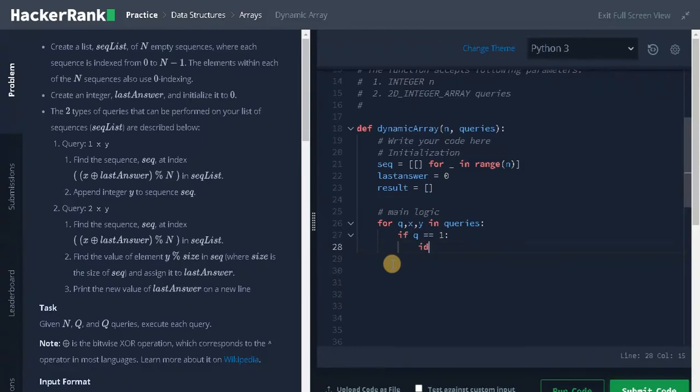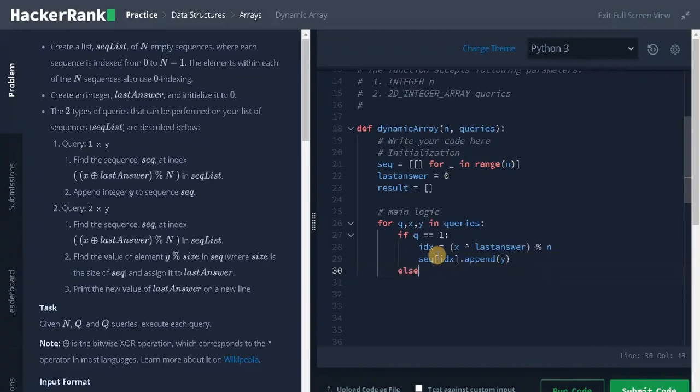That will be index equals, within the brackets, x XOR last answer, modulus n. Now we have to append y to this particular sequence. That will be seq of index dot append y. This is for the query type 1.